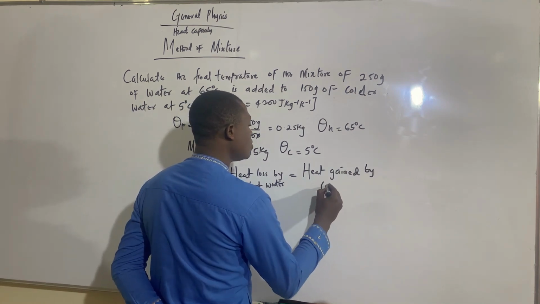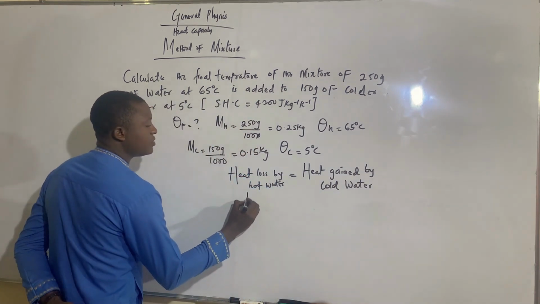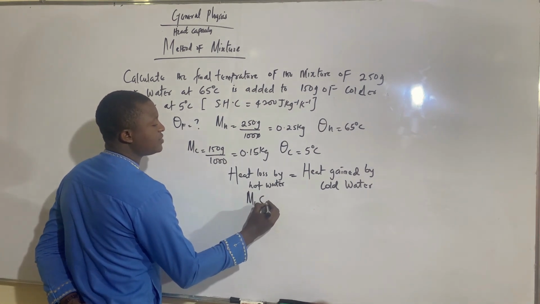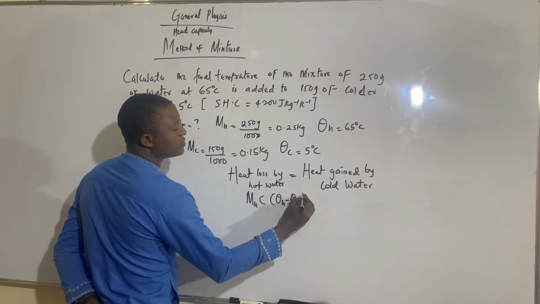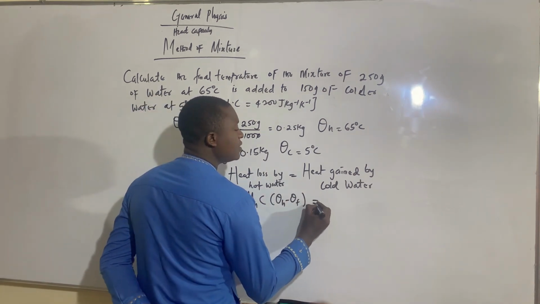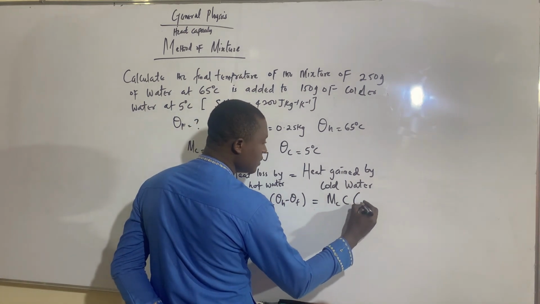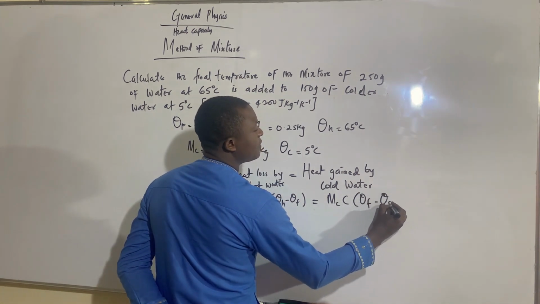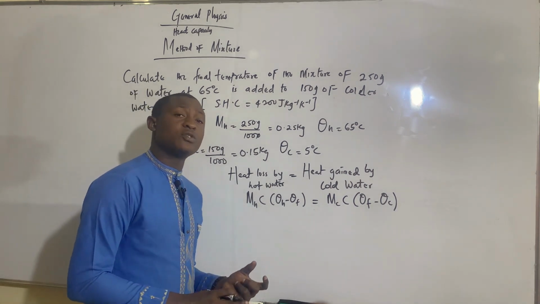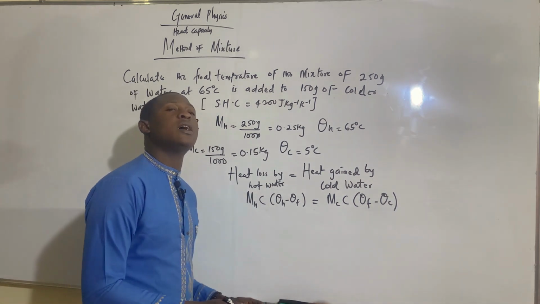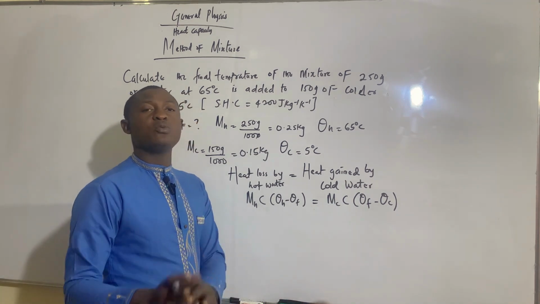by cold water. So now from the formula we do the other time, we say mass of hot water C, temperature of hot water minus final temperature, we have derived this earlier, is equal to mass of cold water C, then final minus temperature of the cold one. So please, in some situation, it might not be only water, it might be other substances apart from water. Just look at the one with higher temperature and the one with lower temperature to compare which one will be losing and which one will be